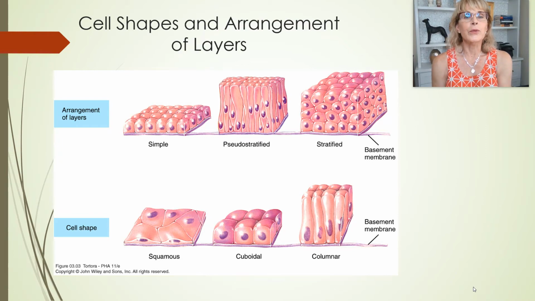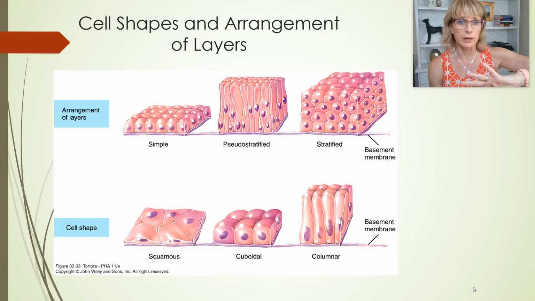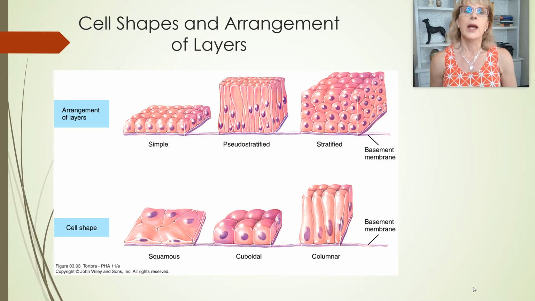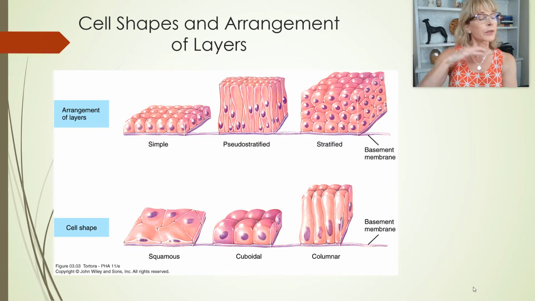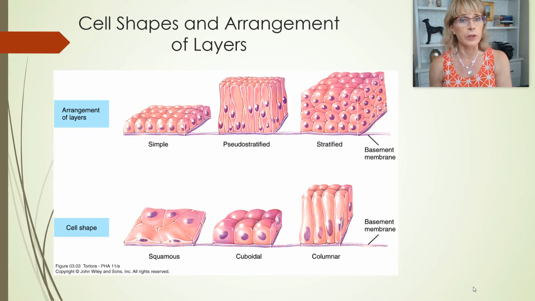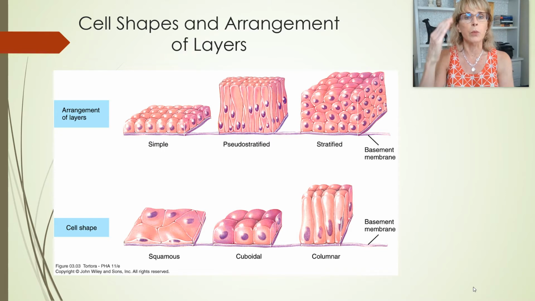In the last video, we summarized the 4 different tissue types. Remember, nervous tissue, connective tissue, muscle tissue, epithelial tissue. And we started talking about the general qualities of epithelial tissue. The cells are closely packed together, so it's not easy for things to get through from one side to the